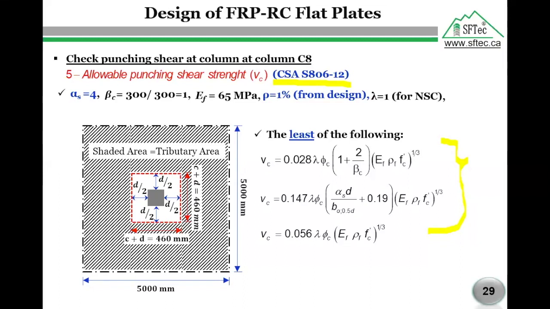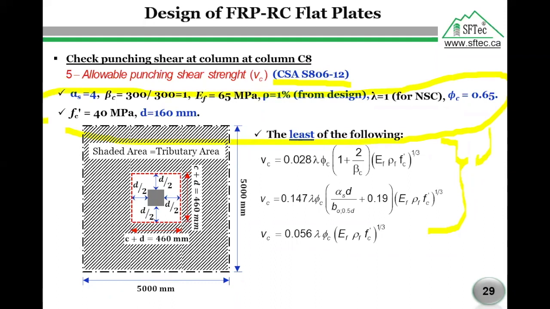Lambda equals 1 for normal strength concrete. The concrete resistance factor equals 0.65. We know from the beginning that the concrete strength is 40 MPa and the flexural depth is 160 millimeter. Using these numerical values,